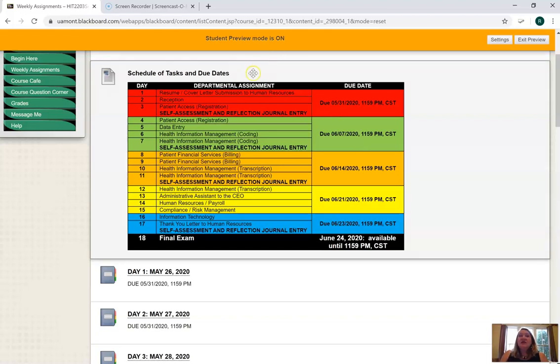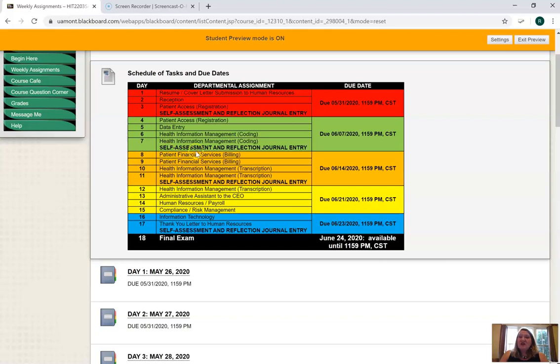So I would recommend going through these because some of them are not just quick and easy. You'll be writing letters, you might be writing policies, things that you need to investigate or research before you actually write them.